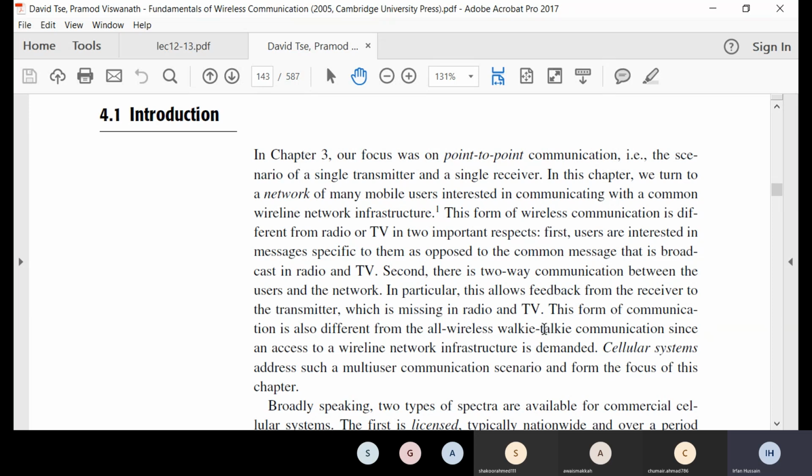Similarly, it is also completely different as compared to walkie-talkie communications. Here you can connect not only over very small distances like walkie-talkies, but over very large distances, and you also require wireline structures. I can talk to a mobile in Canada, so a lot of my communication will be taking place over optical fiber. So the cellular system actually